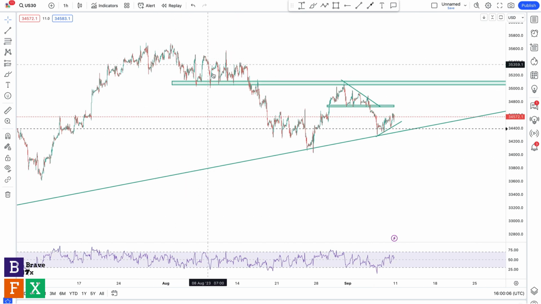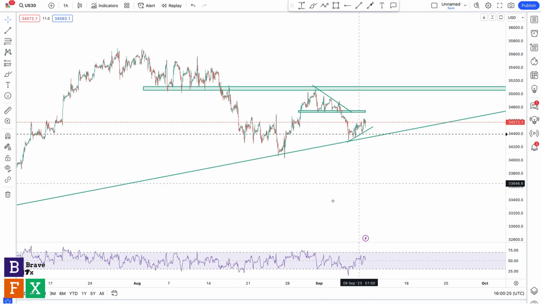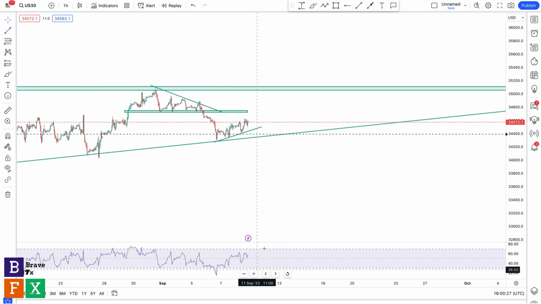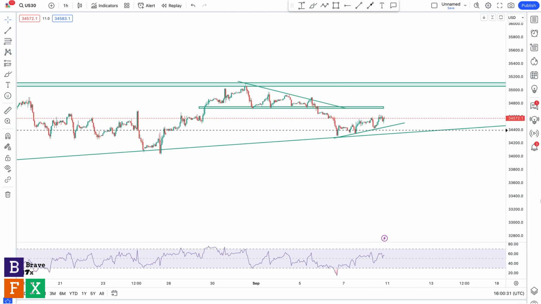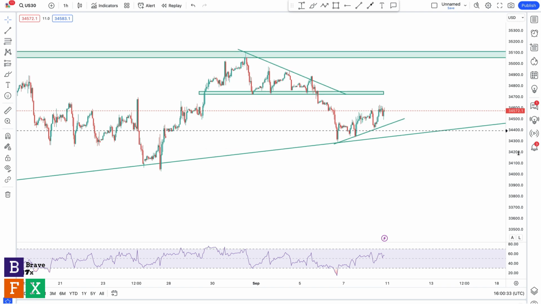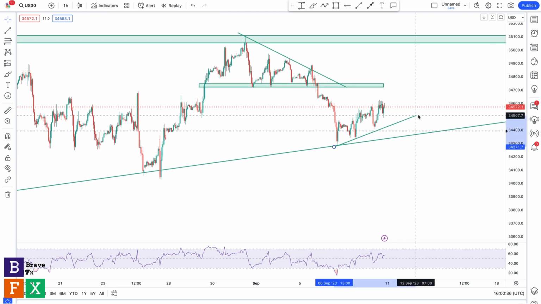So we had a good consolidation over here, a breakdown, so a bearish breakout. We rode the price action all the way to this trend line. We reversed, retested this support level or this area of value, and we had a descending triangle with a bearish breakout that sent price all the way back to this trend line. Right now we seem to be consolidating, forming some sort of a bearish flag, which is also a bearish continuation pattern. So this is what I'll be watching out for to go short,